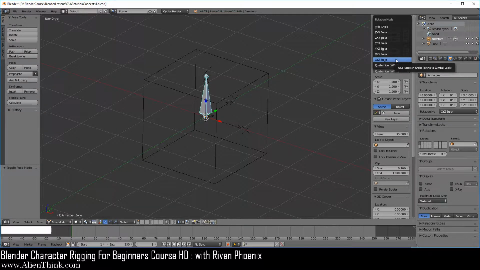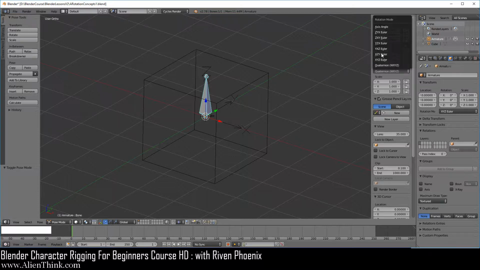So this means we are talking about interpolation, how the object's rotation will change from keyframe to keyframe, meaning how the rotation interpolation will happen. So depending on what type of rotation mode you choose will give you different type of results.